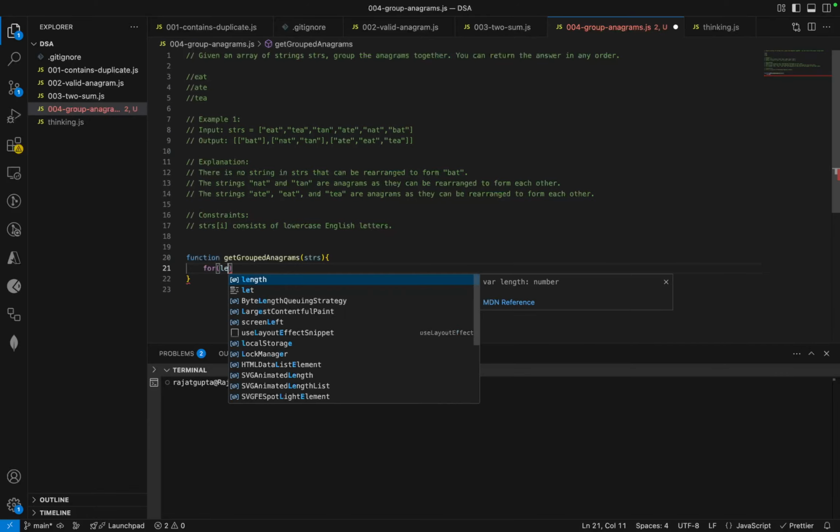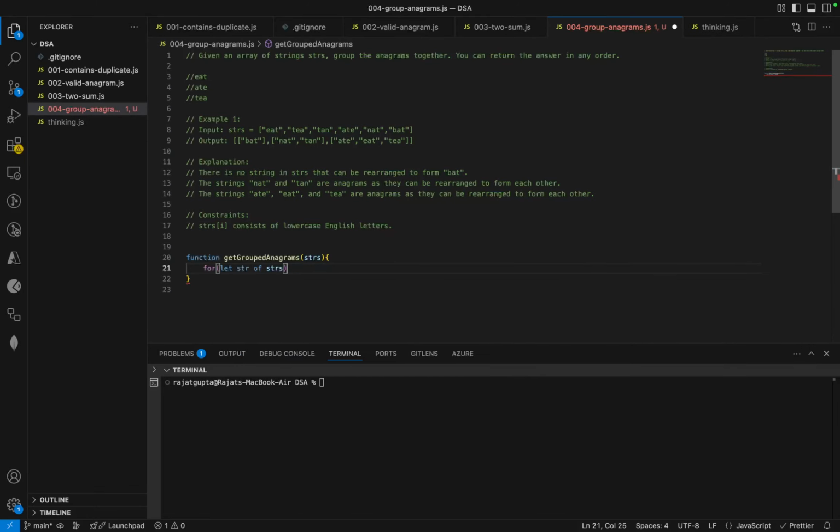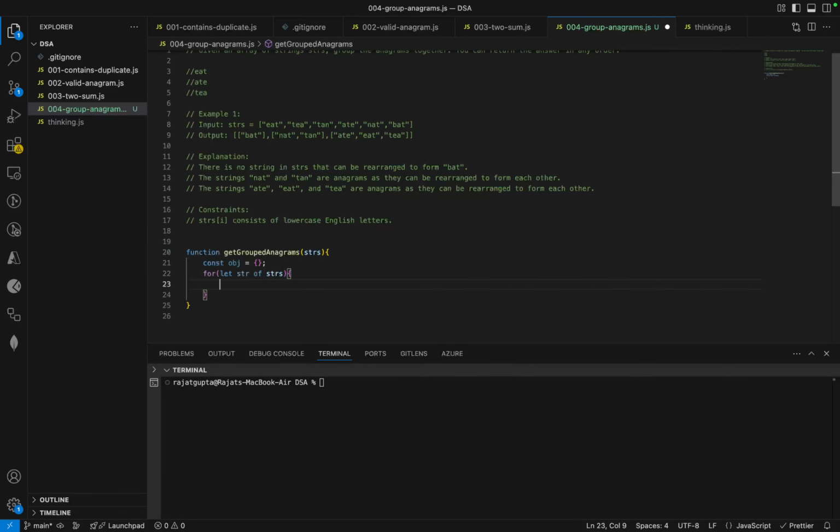For let str of strs, we are mapping over this. Then we can have an object here, and then what we can do is sort these strings, each individual string that is present in the array. We can say const sortedStr equals str dot. We cannot sort it directly, we have to first split it, sort it, then join it, right? Split dot